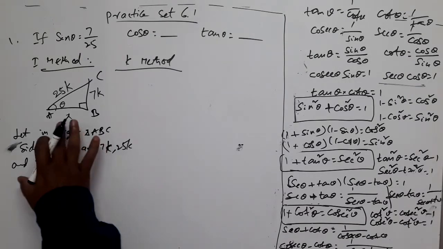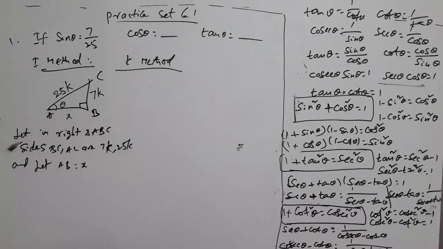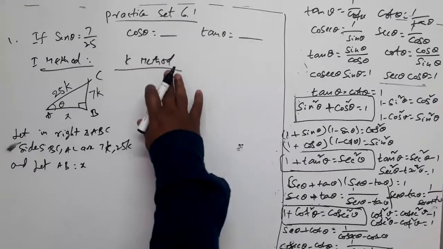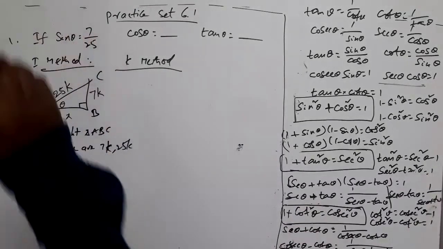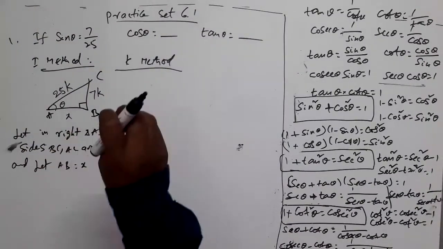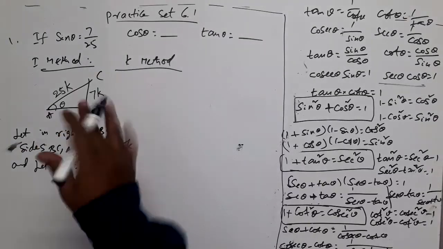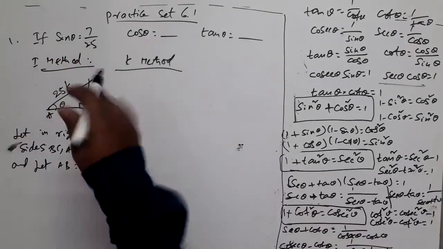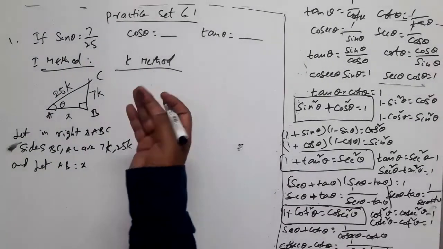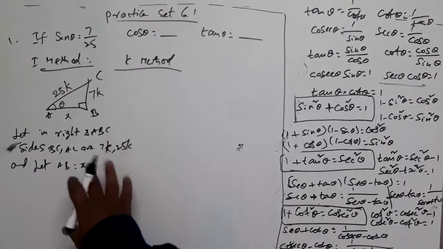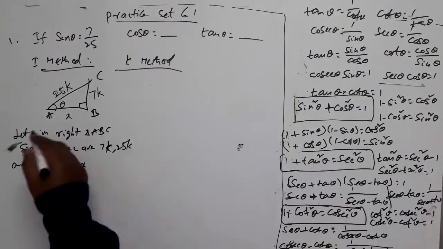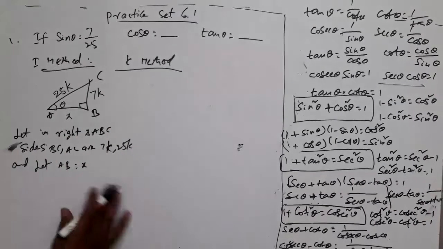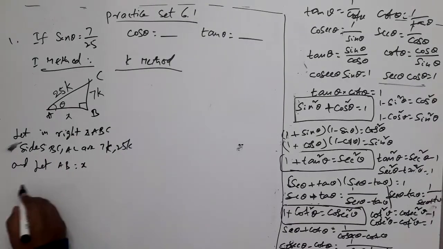Let us find out the other side x, AB, then we can give value of any other ratio, right? If one ratio is known, you can find the values of the remaining 5 ratios, right? Here sin theta is known, you can give the value of cos theta, tan theta, cosecant theta, secant theta, cot theta, right? So for that, this is the method we are using. First method is this, right? So we have considered AB as x.